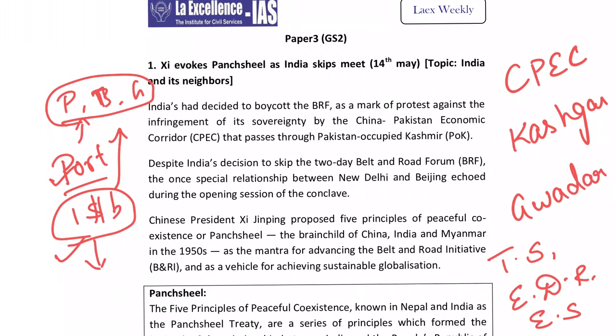But unfortunately, when we look at the Chinese event, we come to know that Xi actually raised Panchashil. He actually said that we should respect each other. Panchashil was an agreement which was actually signed between India, China and Myanmar. Don't think it's only India and China. It is between India, China and Myanmar as well. So when these three countries did, even though India did not participate, fortunately, Xi actually talked about this,